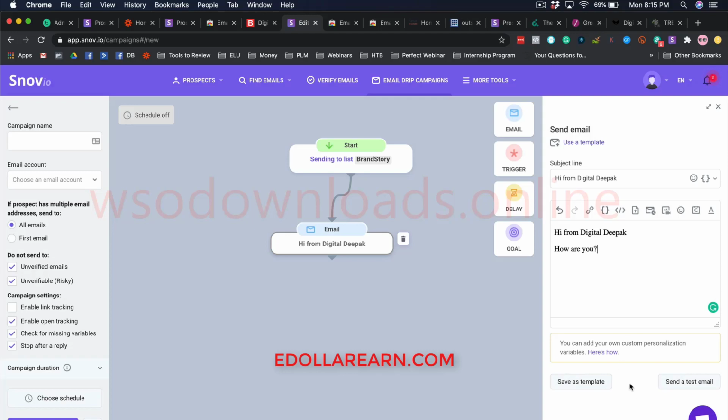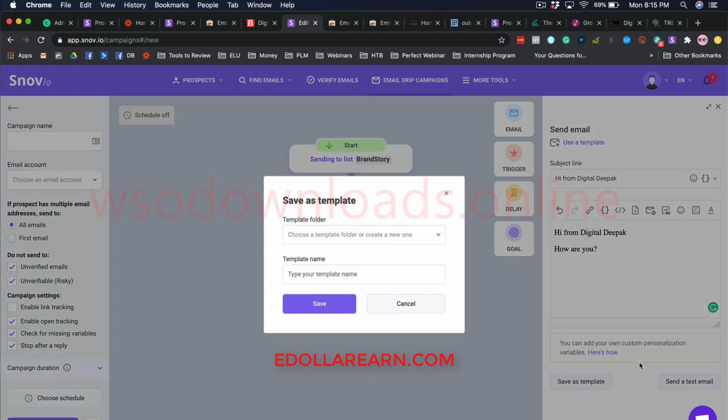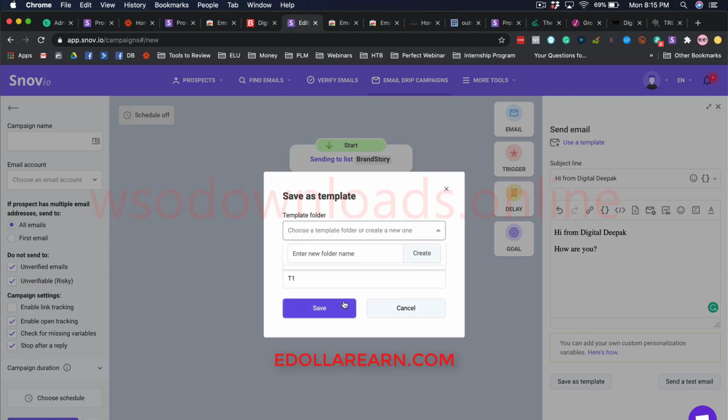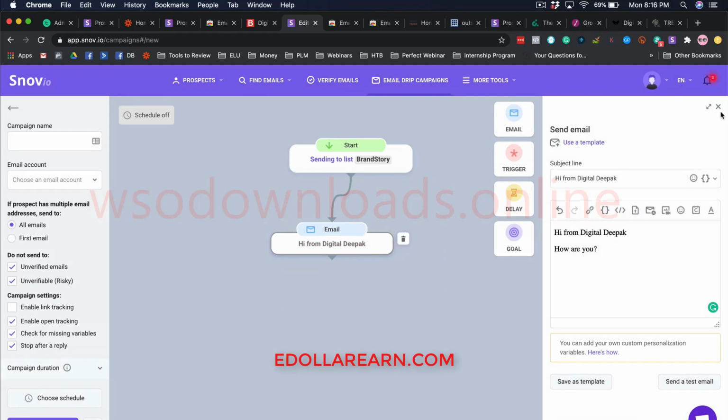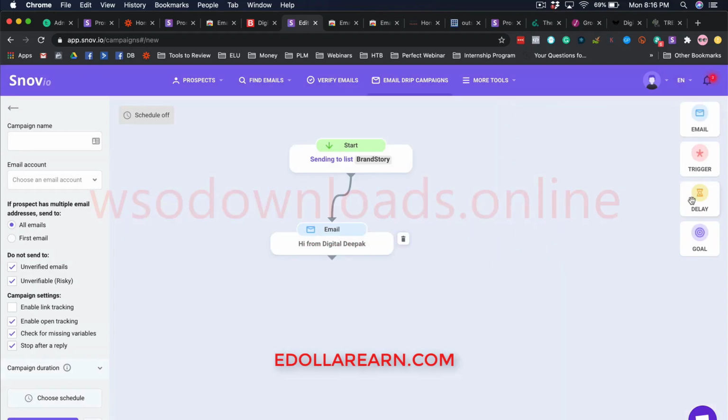So here, I can also save as template. Let's say T1, click on save. And I can go ahead and put a delay.